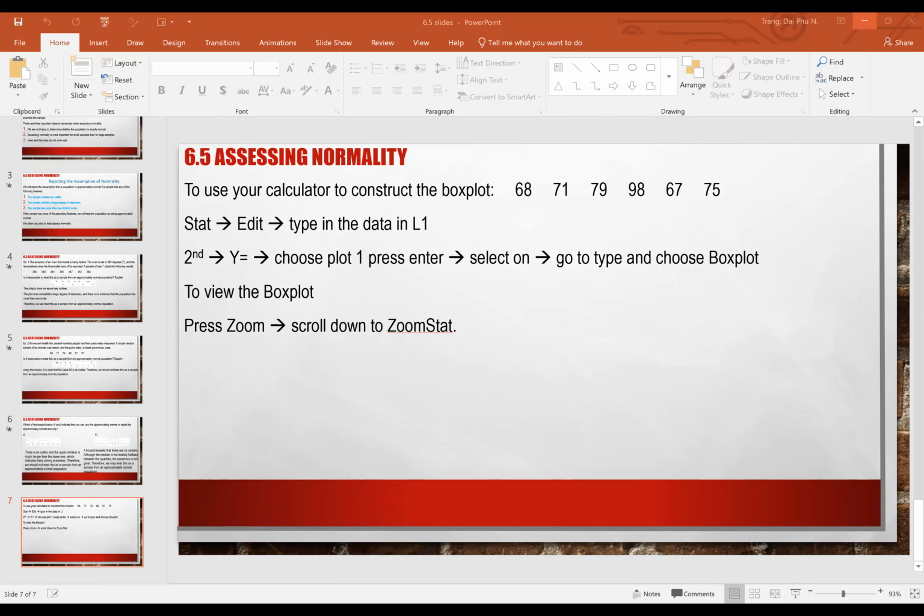So this is what I ask you to do if you want to use your calculator. Some of your homework questions only give you the data and ask you to verify whether you can use it or not. So to create the bar plot, you need to edit your data first: you hit stat and edit, and then type in your data in L1, which is 68, 71,